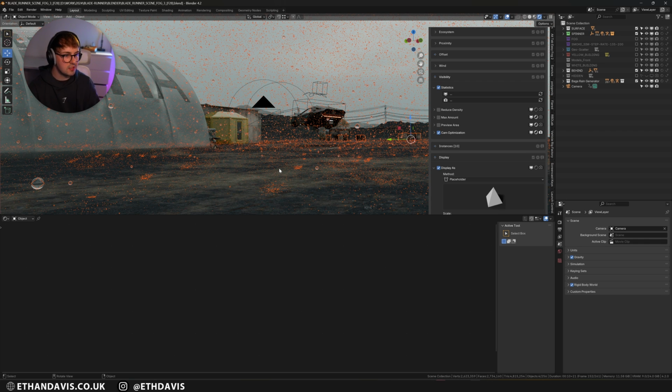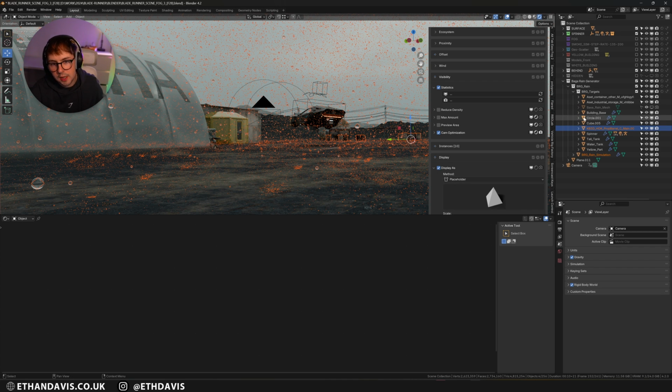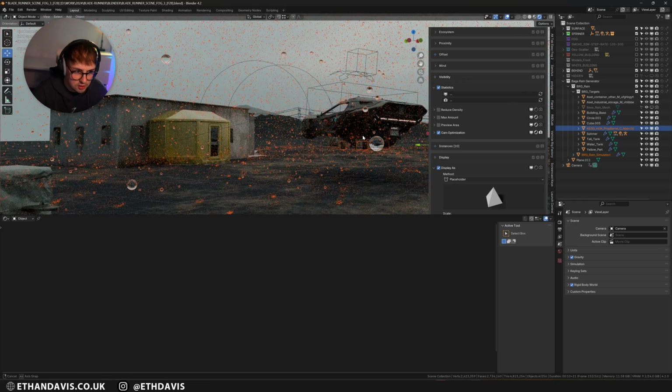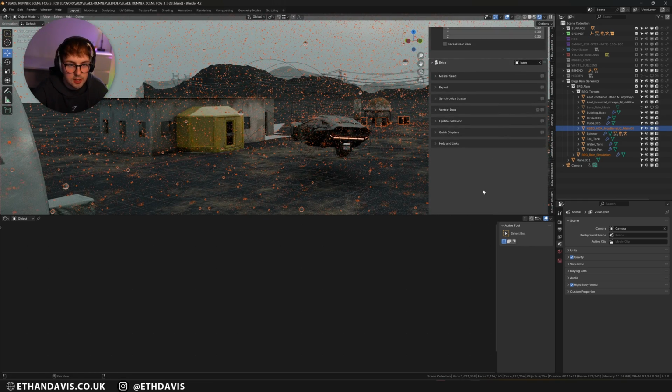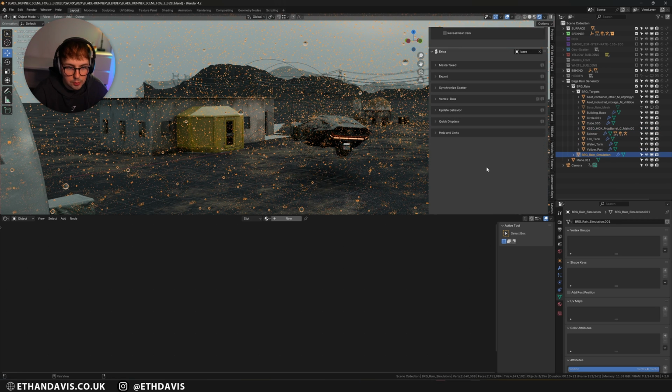Now the reason for this is because the actual rain looks a bit weird, and it's so long, and it doesn't have wind, it's only a direction. So what I did was, if you don't know what Barga Rain Generator is, I can show you actually. I'll just delete this one and I'll do it again.